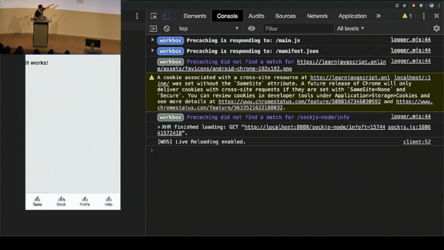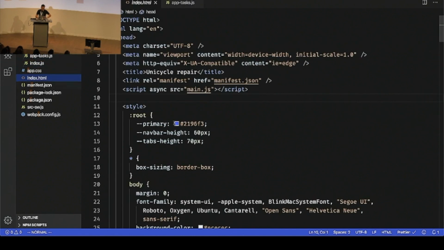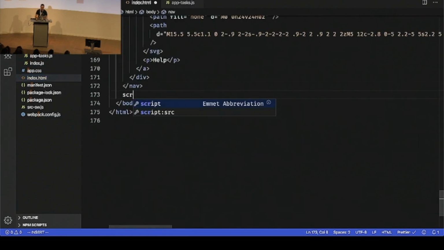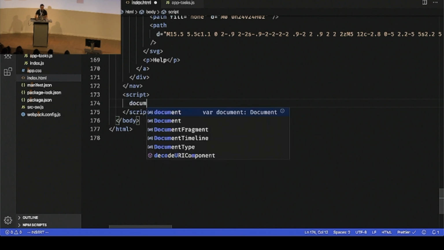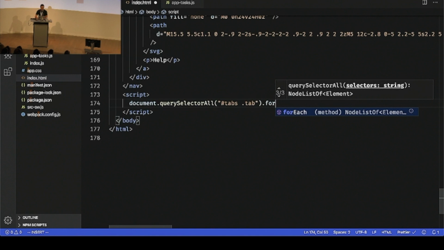But what we want to do here is, oh yeah, I still need to fix this, because if you click on the stock, it just reloads the page. So this is also part of the app shell, so then it has to go in the index.html as inline JavaScript. And that may also look weird, but you're basically giving full priority to the script, and it's going to be very minimal. So you say, I'm going to find all of the tabs, and then for every tab,